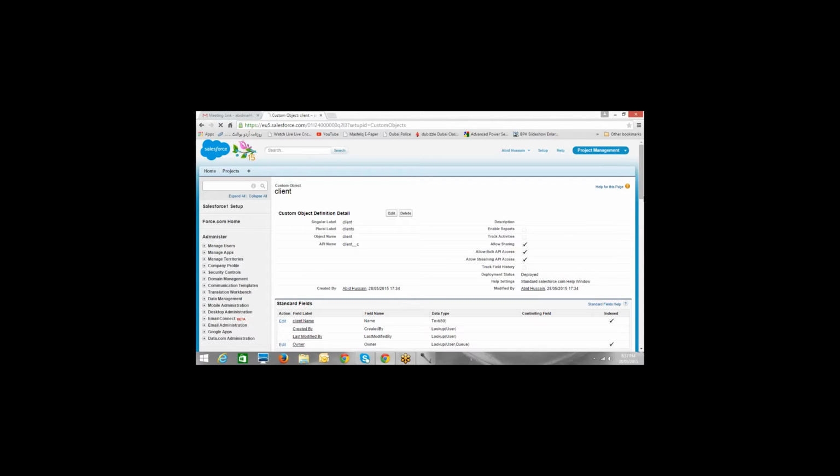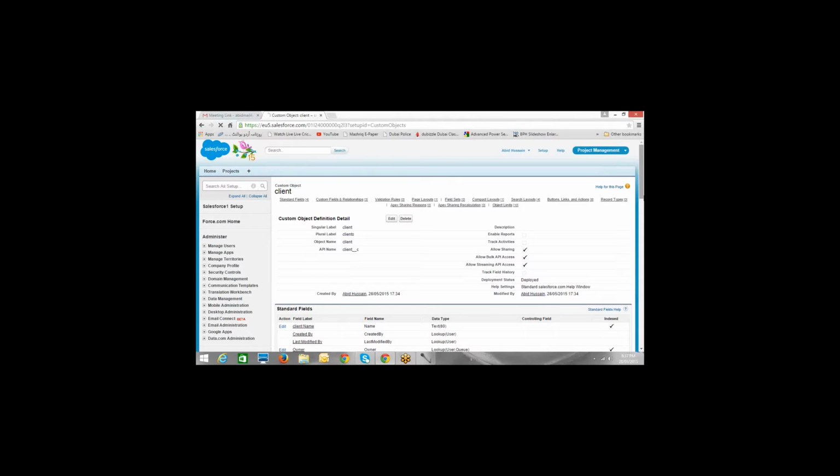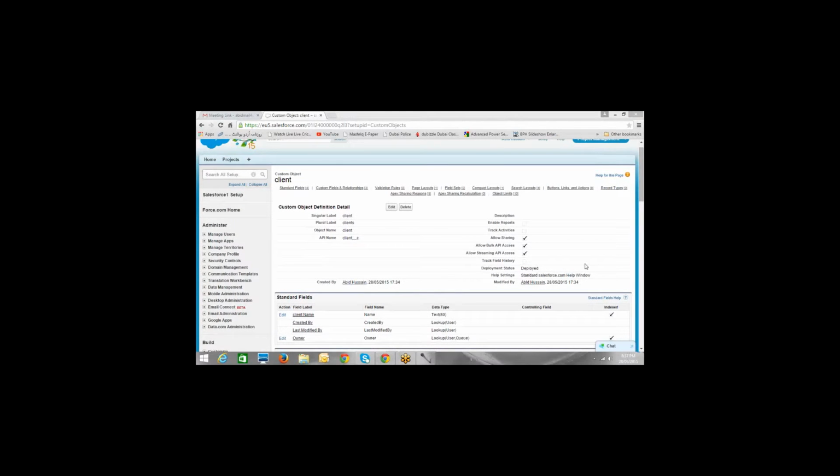So I have included three fields here: website, city, and country. Everyone is done with that. Let's quickly create a tab and make this available under the project management app. So the second object is also ready.